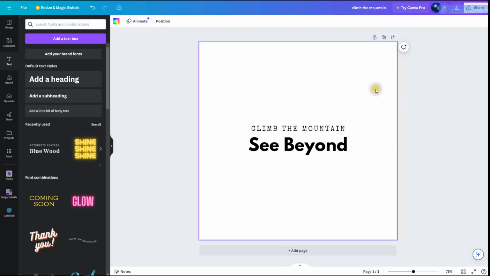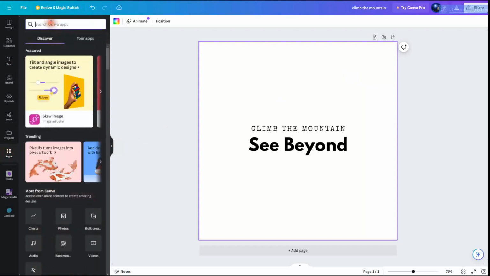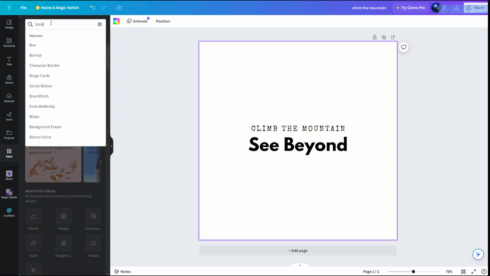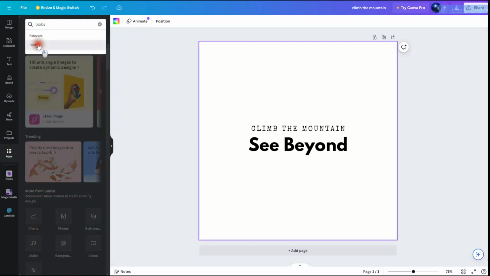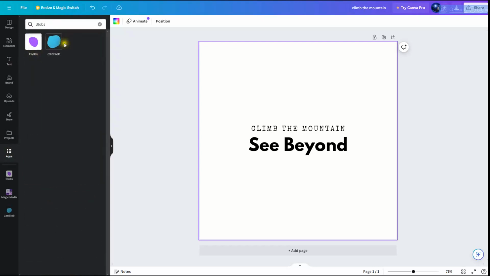I'm going to be adding blobs now. So tip number 1 is how to add blobs and custom blobs, and actually how to customize those blobs there. So we're going to click on apps in the corner, and then I'm going to type in blob or blobs. And there are 2 different apps that we use for blobs, and we're going to show you the first one here.